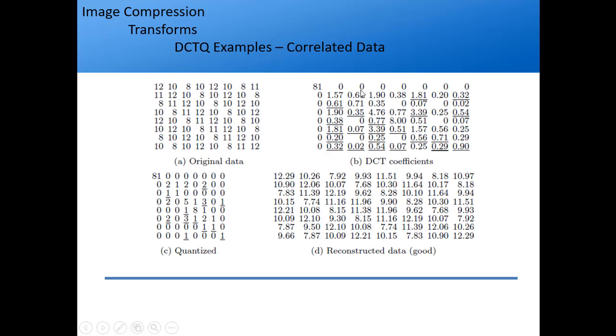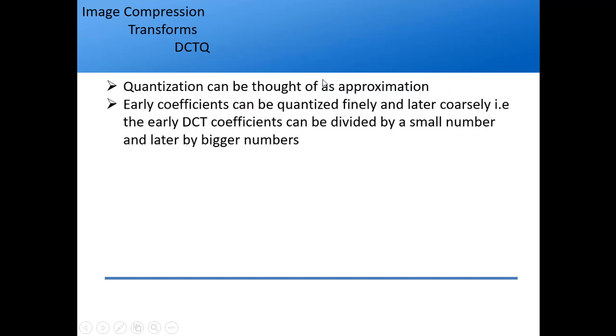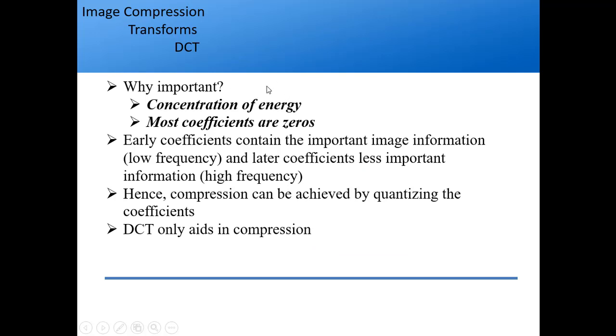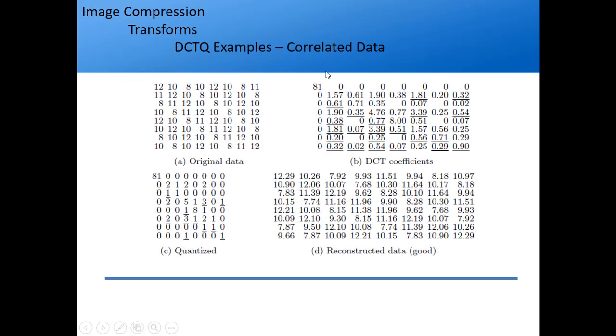Then I have a quantization table. Now the quantization table is fixed. I have not shown it here, but you can find it in your reference book which I have uploaded in the classroom. So you divide by this. As I said, most of the energy is concentrated. Concentration of energy is present in DCT. So you see this is a very high number, but as you go towards the right and bottom, you see they are very small numbers.